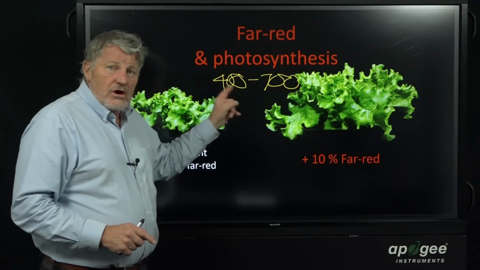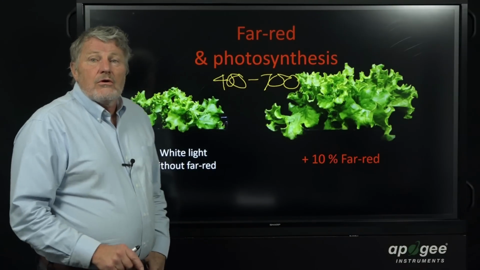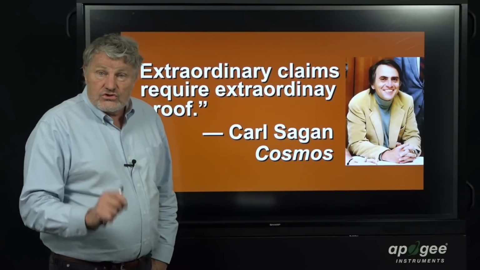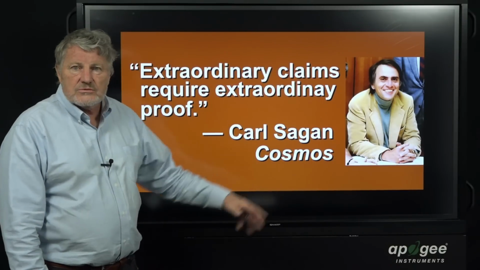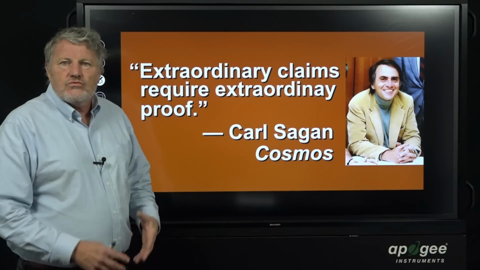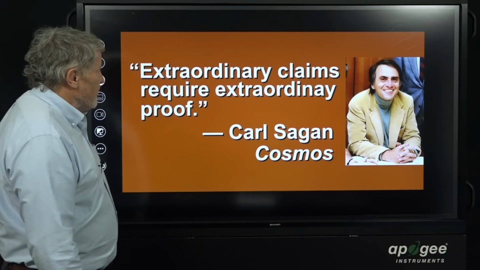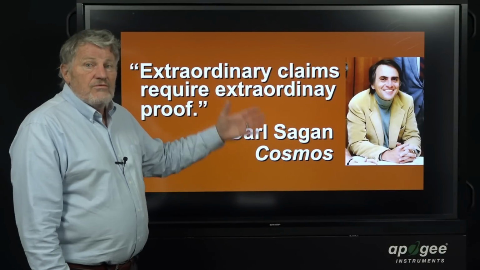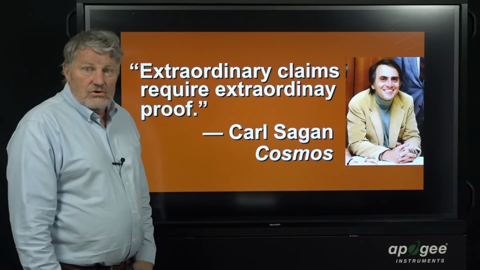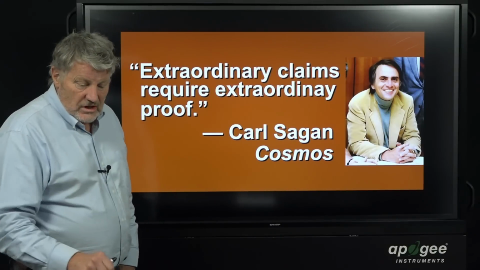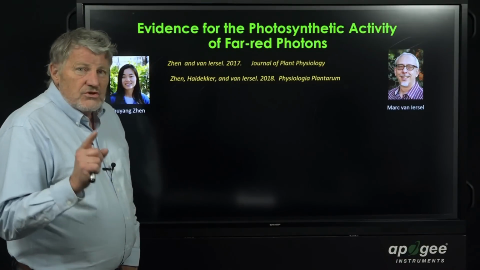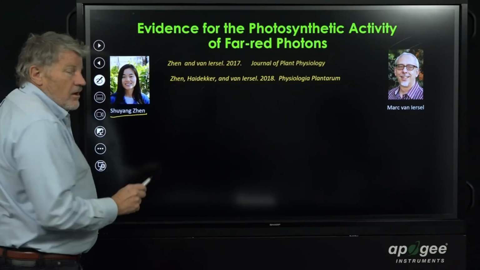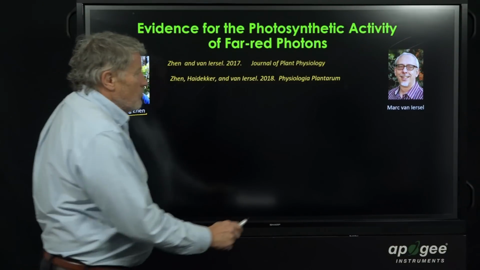Now, for this extraordinary claim, we require extraordinary proof. And I bring in Carl Sagan, who in the series of Cosmos said, extraordinary claims require extraordinary proof. So what I'm now going to show you is the extraordinary proof that far red photons cause photosynthesis in the next few slides. For this, we start with papers of Xuyang Zhen, who was a young PhD student with Mark